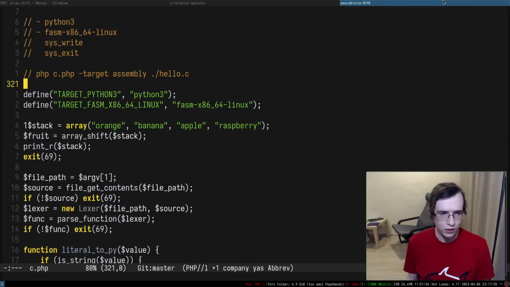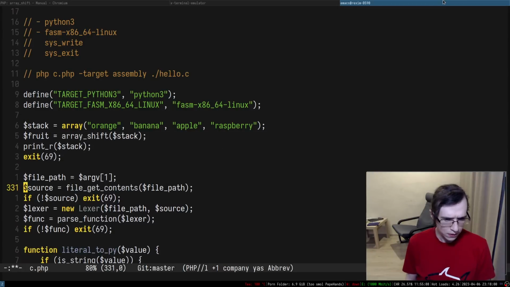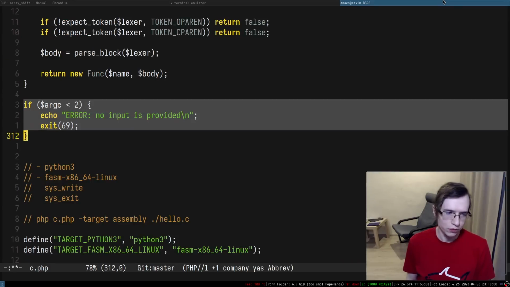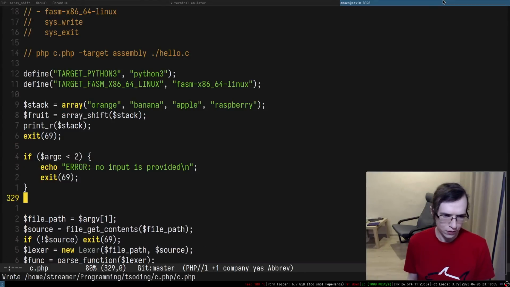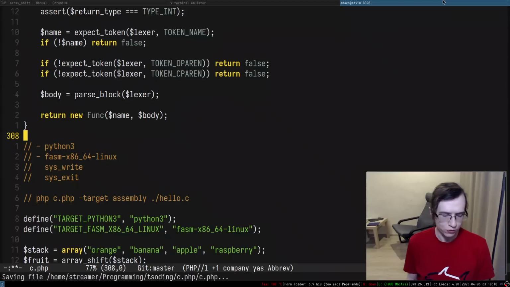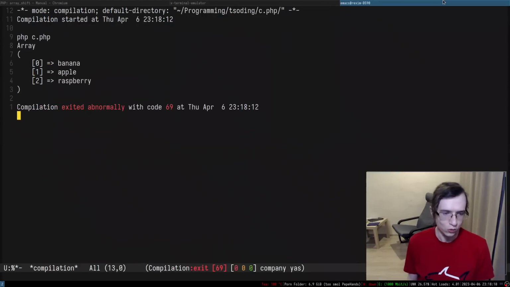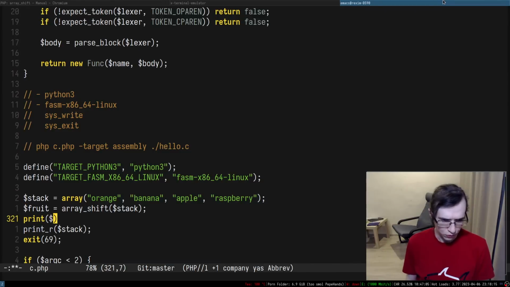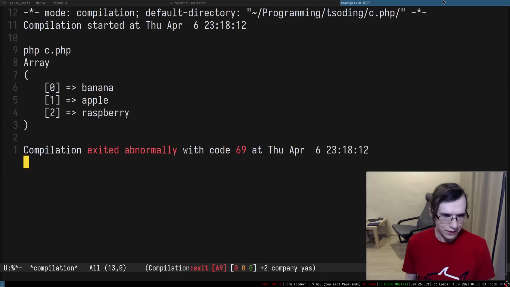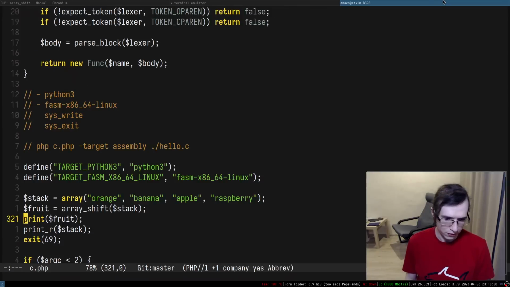So do I check for the input in here? Right, I think I'm checking for the input up there, so I want to move it in here. There we go, so that should be fine. As you can see we have orange, and I should probably try to print the fruit. I just want to see the fruit. Okay, can I print the fruit? I can print the fruit, but it's going to be printed without any new line.